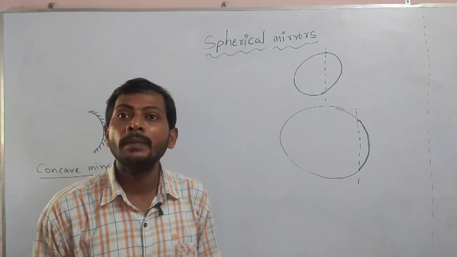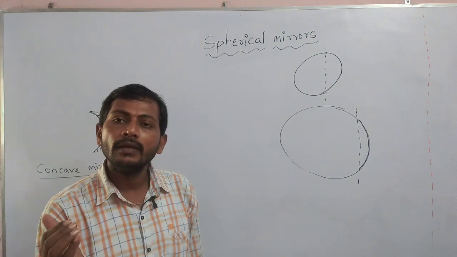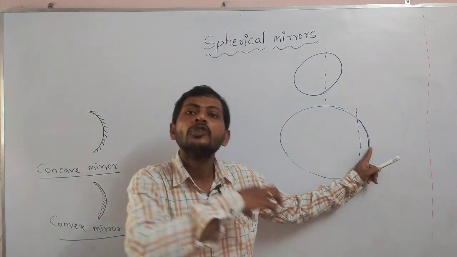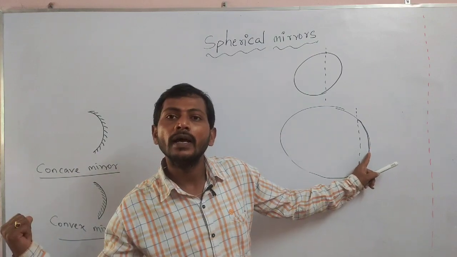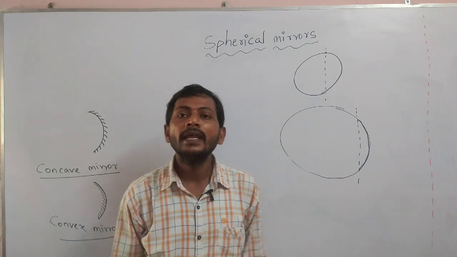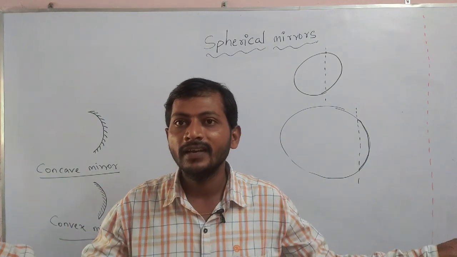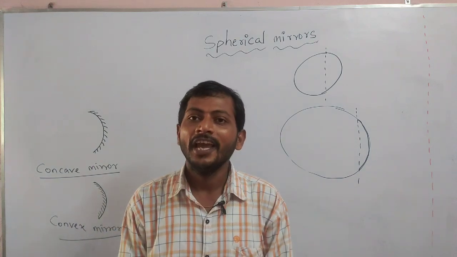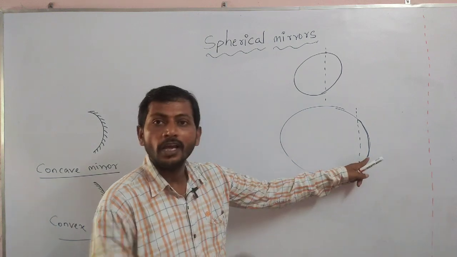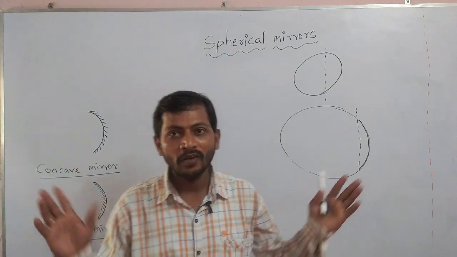What is meant by the spherical mirror? Can you give the answer? A mirror is made by taking a part of a sphere. Then the name is spherical mirror. If you need, please write the sentence. Spherical mirror means a mirror whose reflecting surface is in the shape of a curvature, or a mirror made by taking a part from a sphere is called a spherical mirror. No confusion in this one.